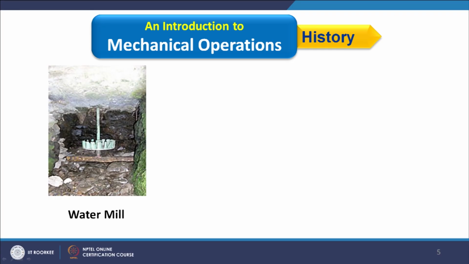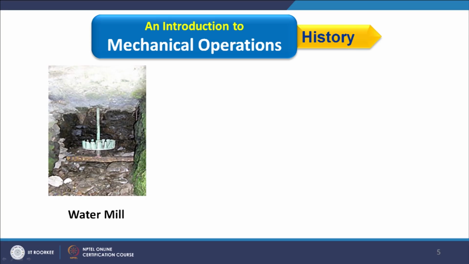When this water line comes over here, and how does the water line come in this? To understand this, if you see this figure, it is nothing but a cave, and this is usually found in hilly areas. Now in hills, what happens? In this cave, a water stream drops from the top, and when it strikes this fin, it makes the complete disc rotate, and then the material which is available in between gets grinded by the attrition as well as rubbing action.